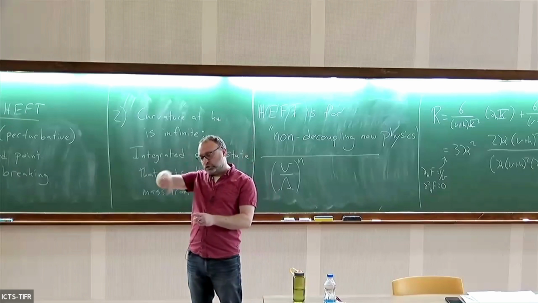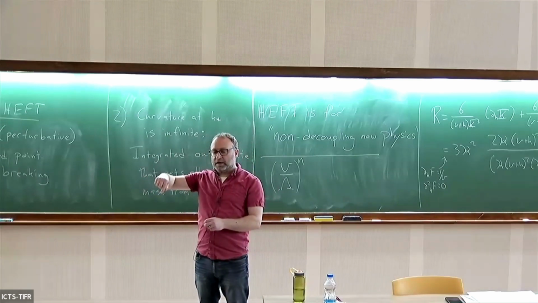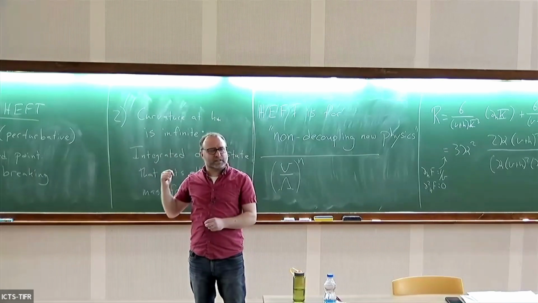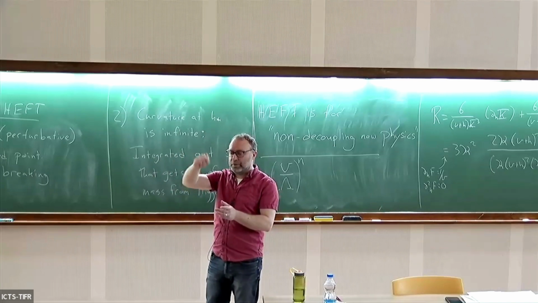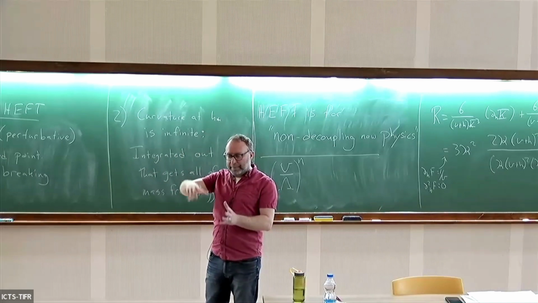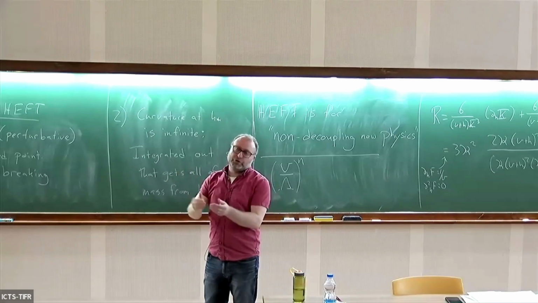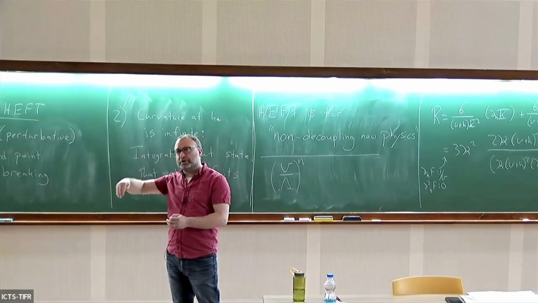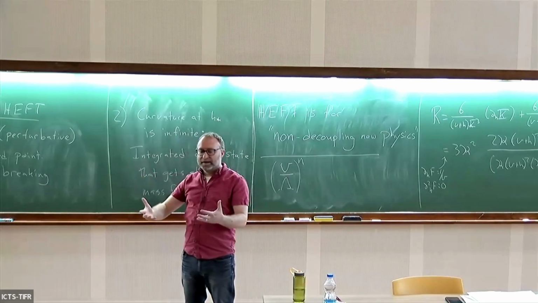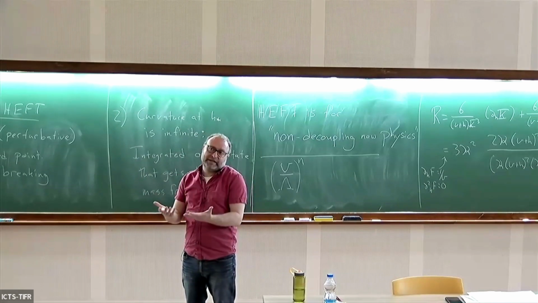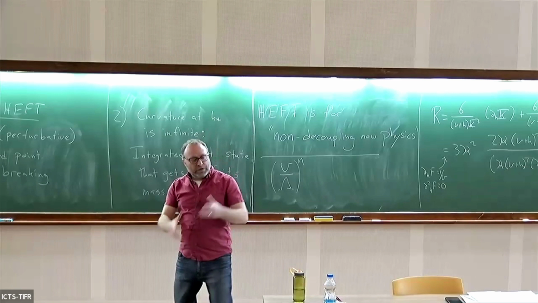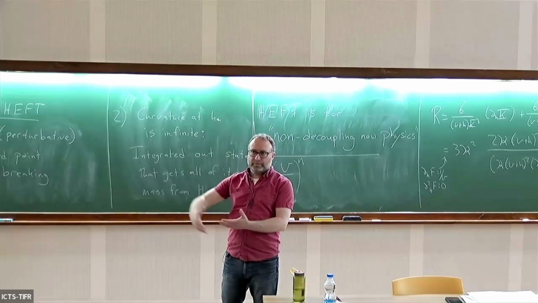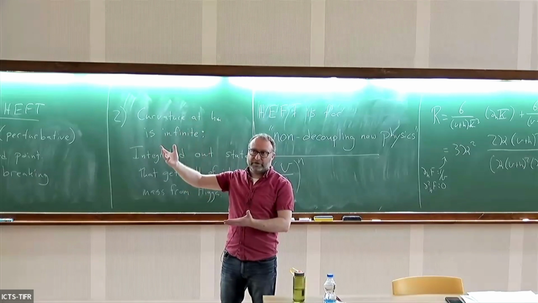But what we find, if you look there, is a plot where we show that in one of these non-decoupling examples, I think it was the one with the singlet, actually, I think it was the one with the singlet at loop level, but whatever, the amplitude for longitudinal W scattering to Higgses saturates 4 pi v very quickly when you go to 5 Higgses or something. So you know that the theory doesn't make sense past 4 pi v, which is really the expectation, right? When you're in this non-decoupling regime, then HEFT is truly a nonlinear sigma model, and nonlinear sigma models have the cutoff at 4 pi f, 4 pi v in this case.